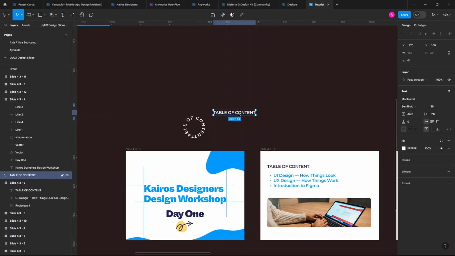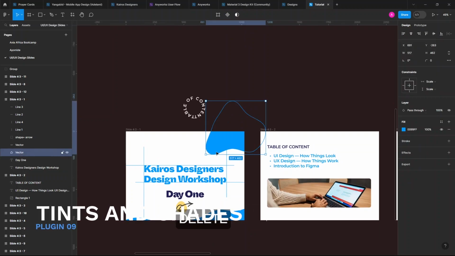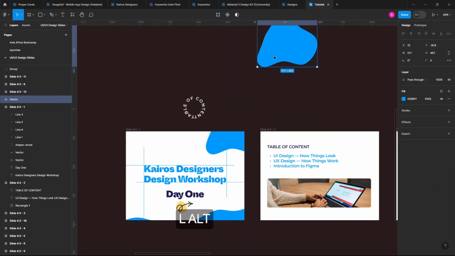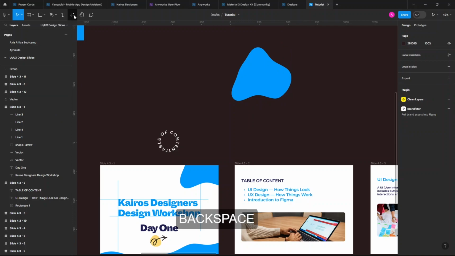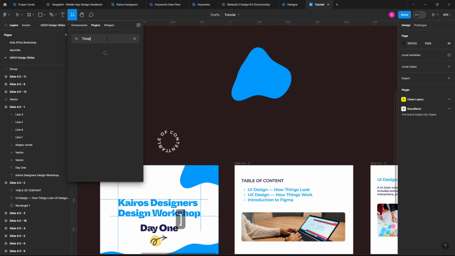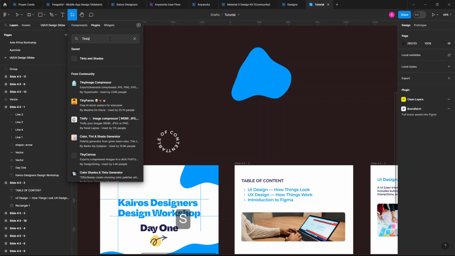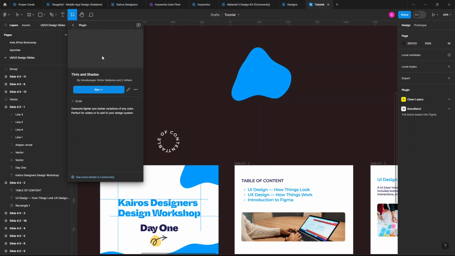What we're going to be talking about next, I've also made a video on this. It's called Tint Shades. So let's bring this out. Control P. By this time you know that you can just press Control P to select what you want. Tint and shade. Okay, just wait for it to load. Tint and shades. This helps you to